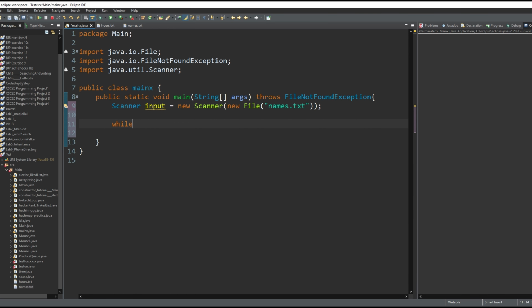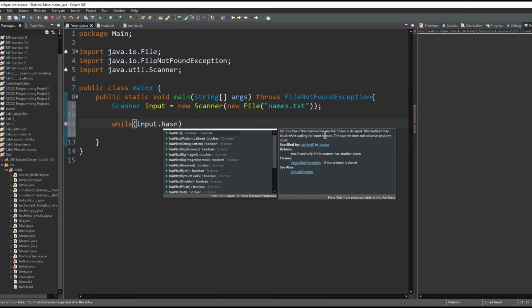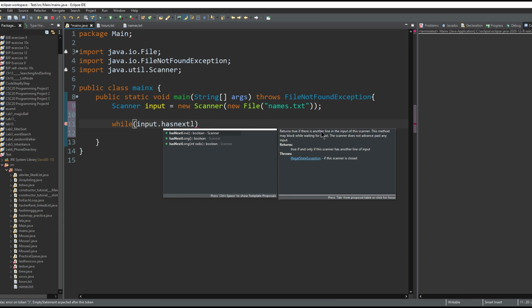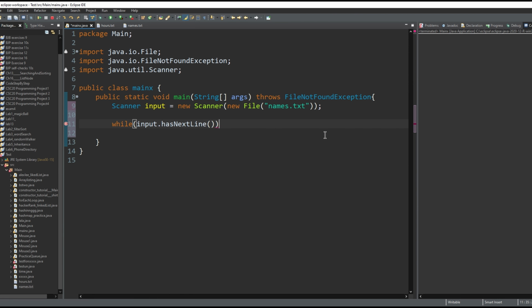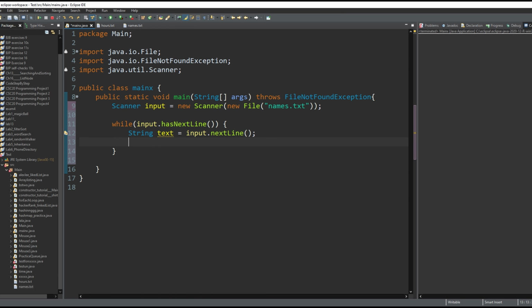We'll have while input.hasNext. hasNext just gets the next thing, and if we do hasNextLine, that'll read the whole next line in. And then we could just do a String, call this text, and set this equal to input.nextLine, and this will store the whole line, and then we can just sysout this text like this. So if we run this,